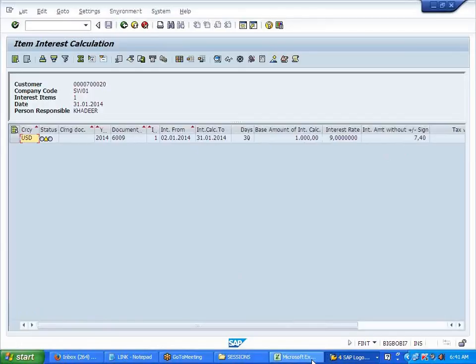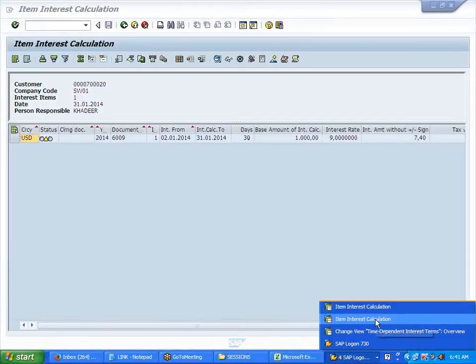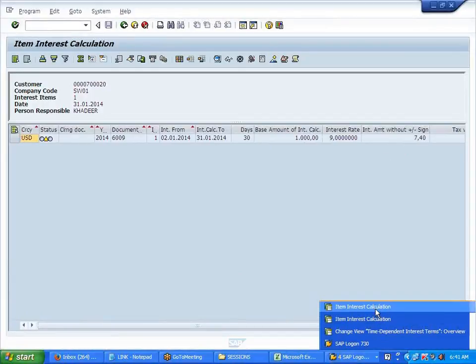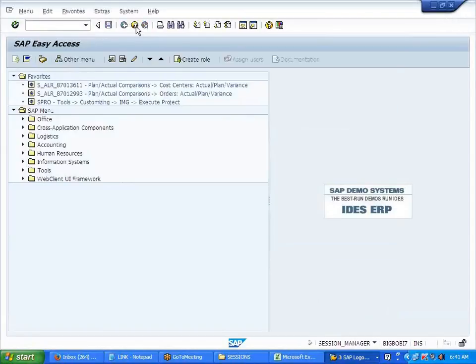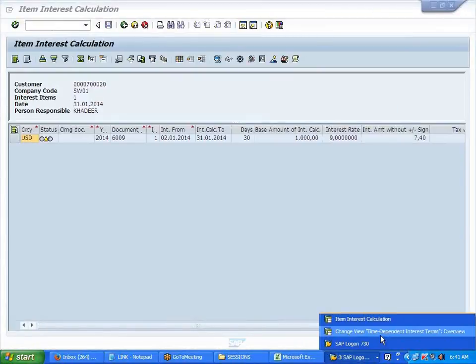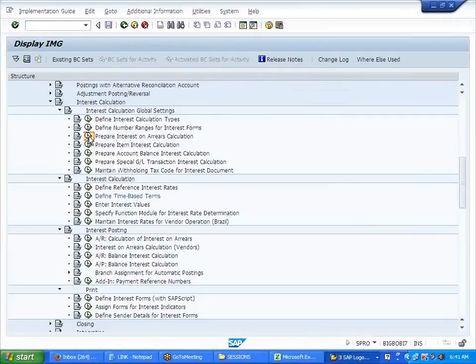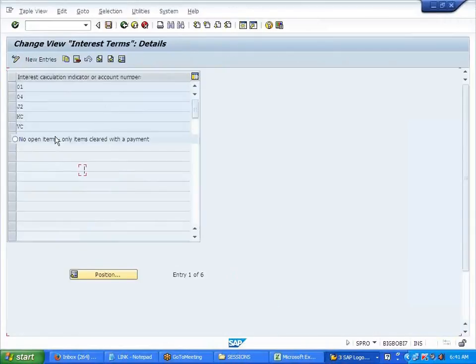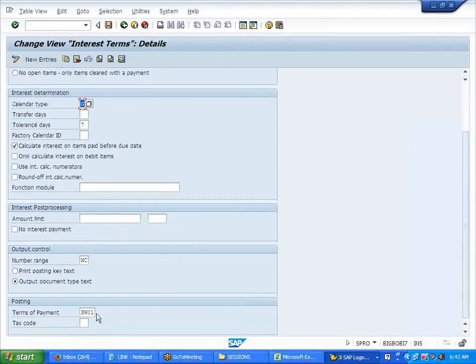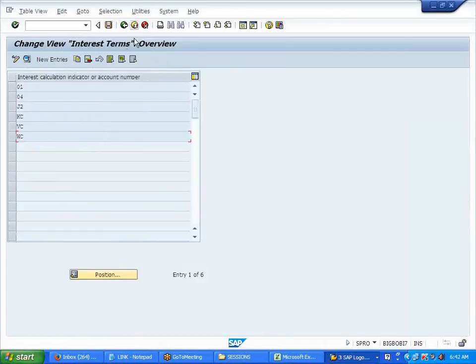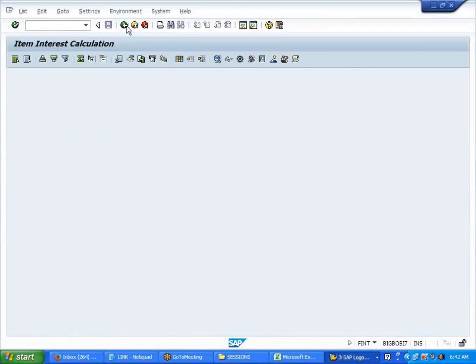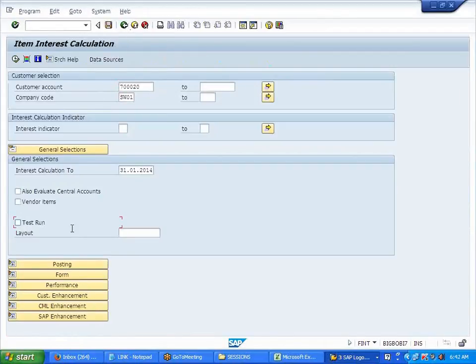7.40. Okay. At the same time, now we'll try to understand the payment terms we gave over here. Where did we give this payment term? Over here. We'll try to understand what this payment term is. Back. I'll uncheck this. Execute.